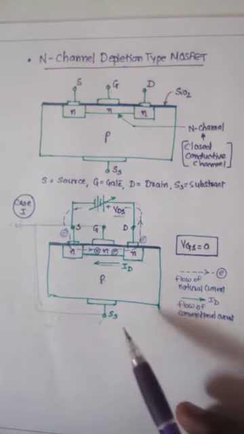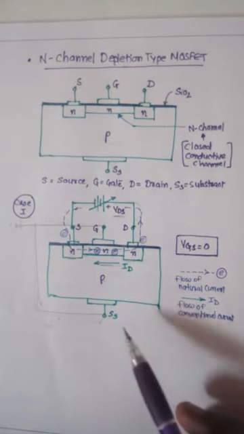Now, due to the negative voltage on the gate terminal, the electrons in the n channel are repelled from this and holes are attracted this way. So in between, in this n channel, the recombination process of holes and electrons starts. At that time, the number of free electrons in the n channel, which carry the current flowing from drain to source, will be reduced. So electrons are repelled by the negative potential of the gate and holes are attracted to it. These recombinations of charge carriers reduce the free electrons, so ID is decreased.